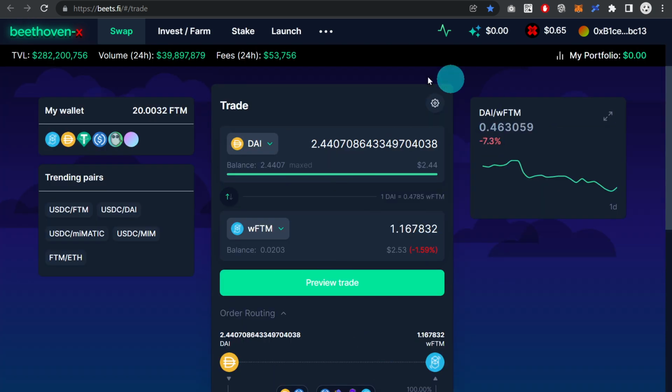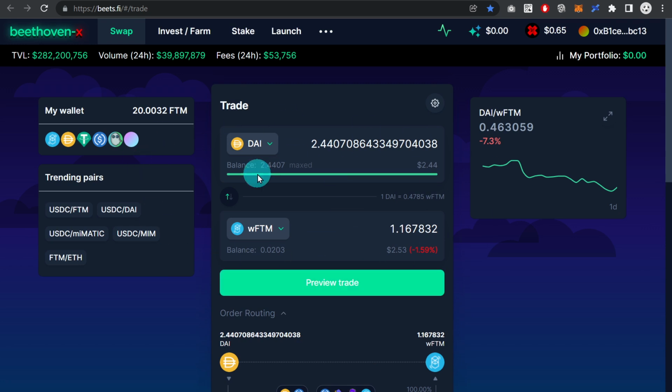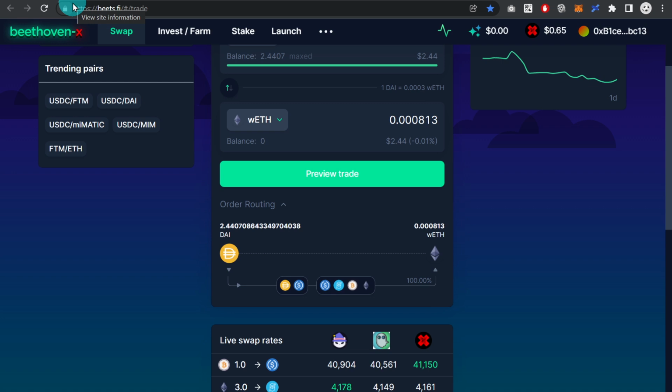And so when we look at this trade, for example, there's quite a bit of complication in this order routing that Beethoven X is doing in order to find us a better price. So now we've got our wrapped Ethereum. We now want to use this wrapped Ethereum because we are long Ethereum, right? We want to still follow the Ethereum price movements. We want to use this as collateral for a loan denominated in ChainLink.